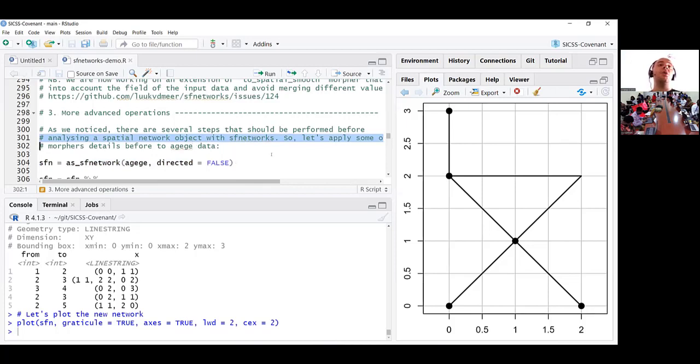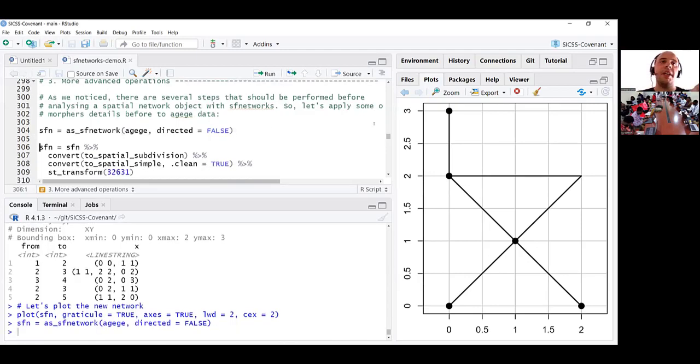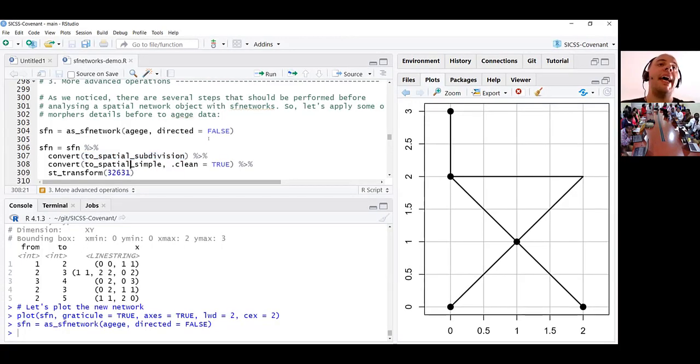For the more fun stuff, I want to show you a super simple analysis that focuses on the data from the RJG region. So first, let's start from the RJG region and let's convert the input segments to an sfnetwork object here. As I said, the first step is always to apply some preprocessing operations. In this case, I don't want to create anything super difficult. The only preprocessing operations that we apply here are to_spatial_subdivision, which creates nodes every time there is an intersection between 2 segments that share 1 point, and to_spatial_simple